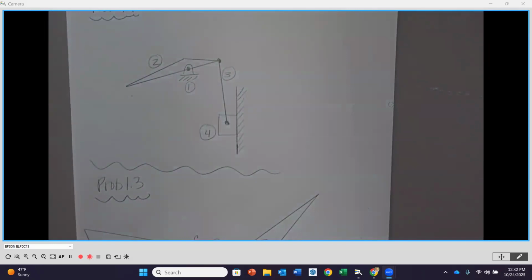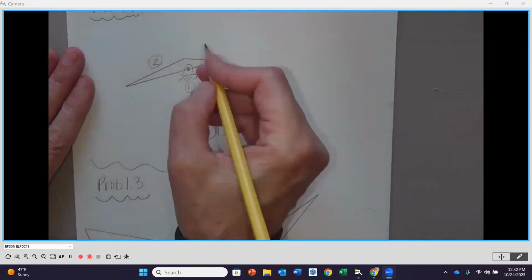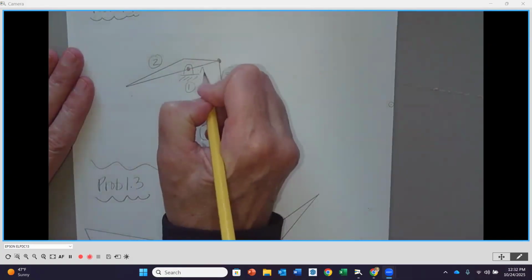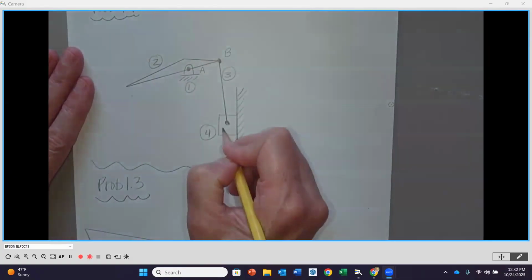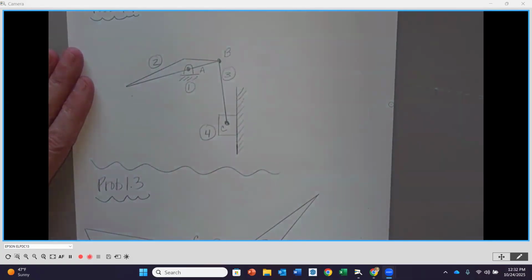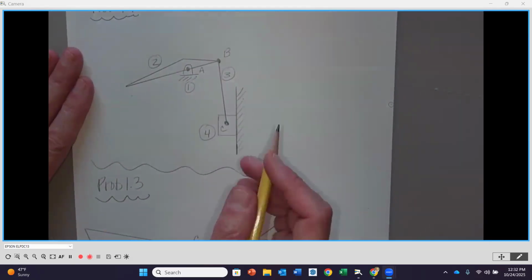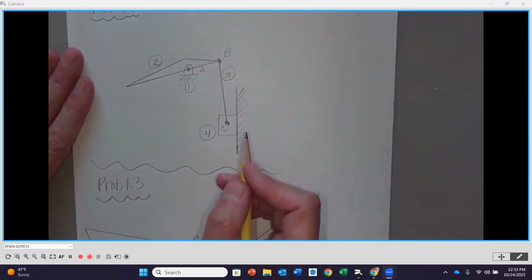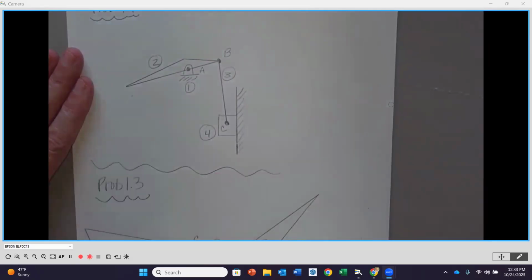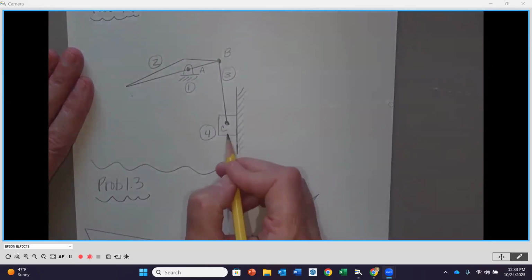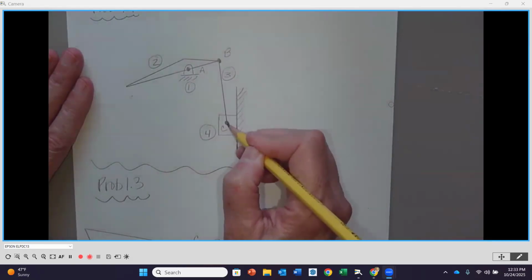And since we're looking back at this one, if this is my joint A, B, C might fit there. But again, it just depends on how big or small your diagram is, especially in CAD, because you'll be doing these in CAD. Don't forget when you have a slider, it's going to be the pin connection here,